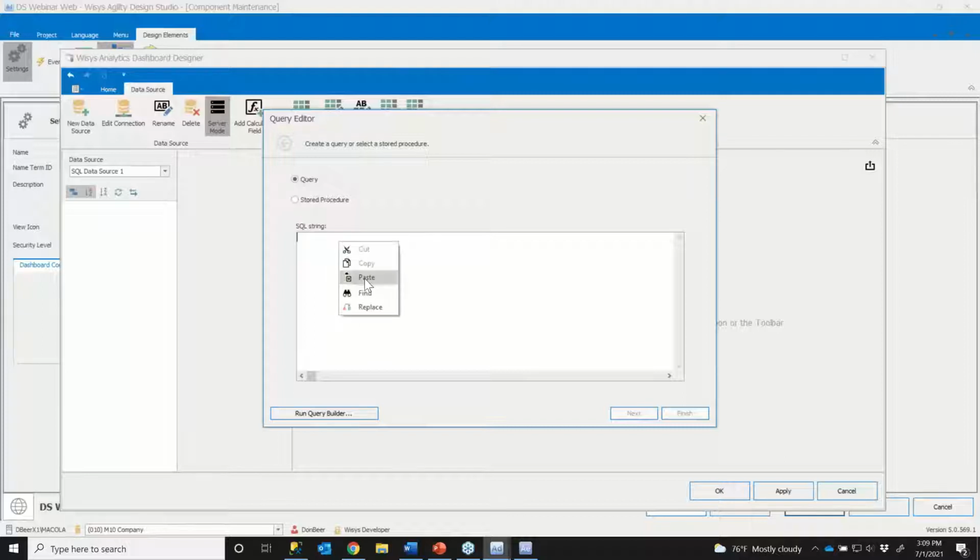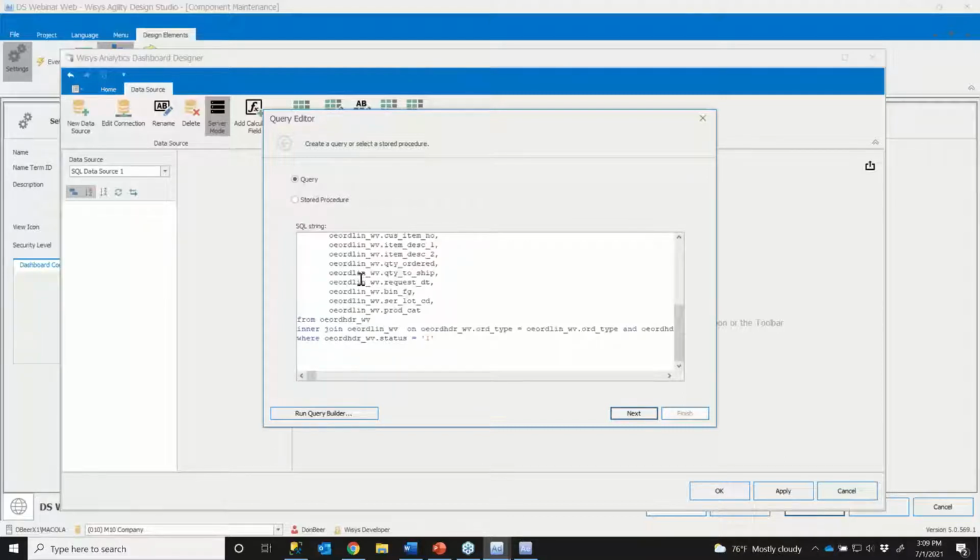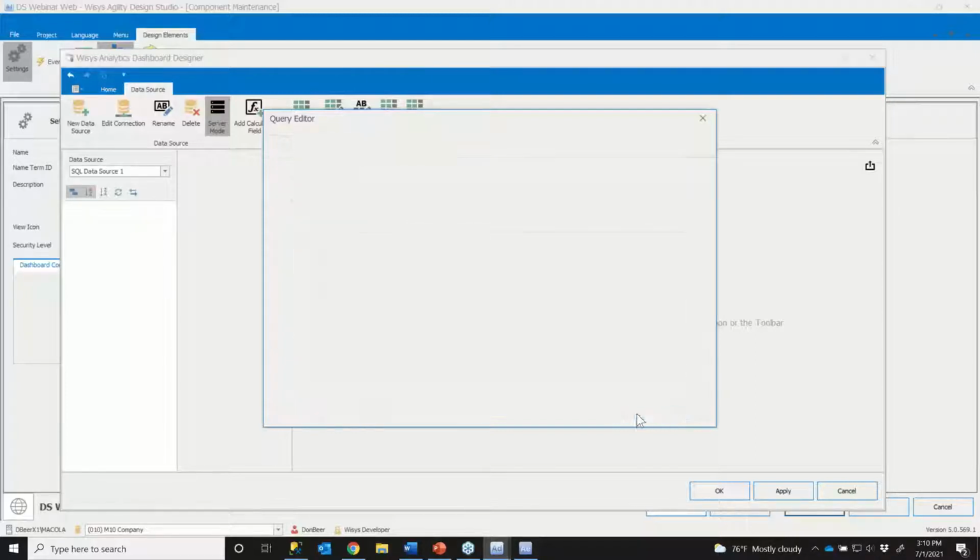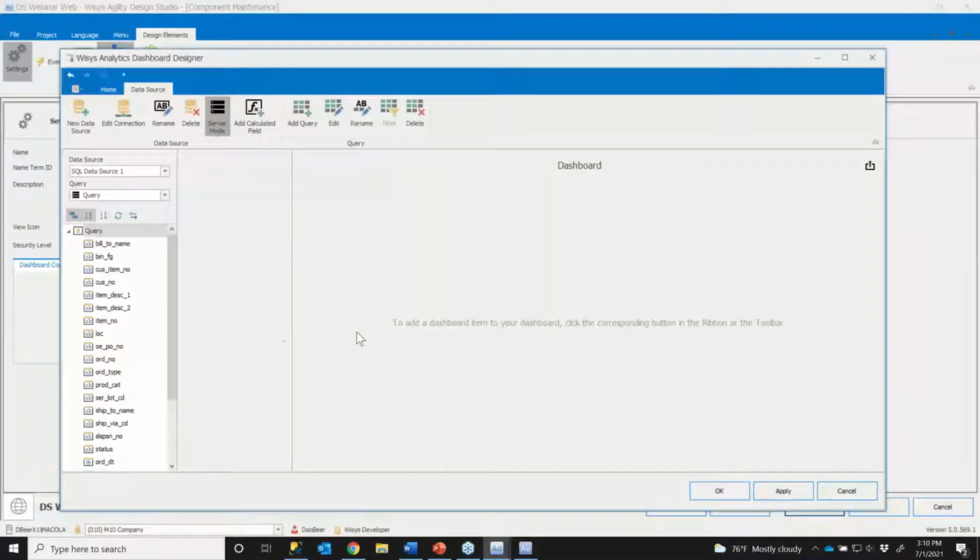I think that was the last thing I pasted. Yep. I'm going to paste in my same SQL query that I've been using the entire time. Only this time, because I'm building a dashboard, I want to see the status of all my orders. So I'm just going to comment out this where clause here so that I get all of the orders, all of the statuses and not just the booked orders. So I'm going to hit next and finish. And now you can see it has exposed the list of fields from our query to us to do things with. So if I go back to home up here at the top,